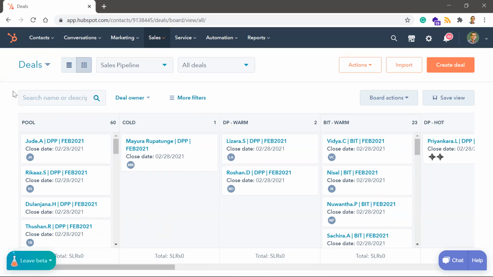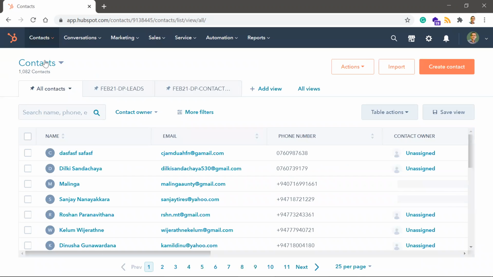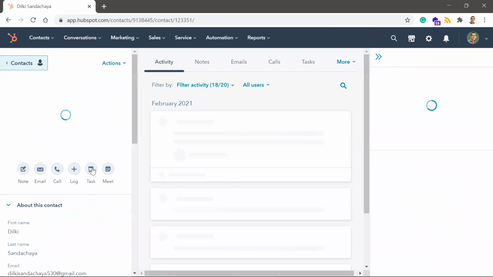Now, to do this, what you need to do is, when you are dealing with the contact, for example, you get to know that there is a new contact, let's say Dilki Sandachaya. When you work with this person, you click on this person and go to this person's profile.